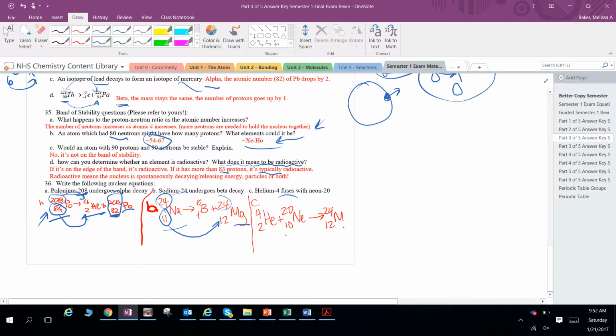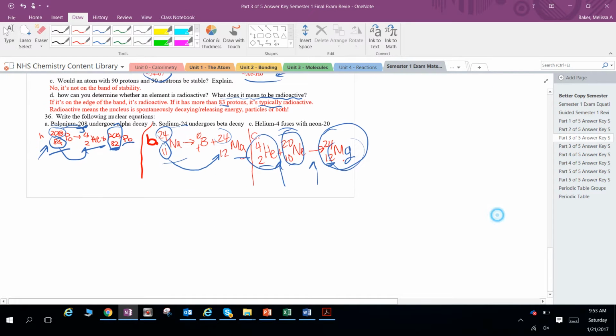Fusion is a really different kind of reaction because the plus is before the arrow, because two small nuclei are adding together to become a big one. This should be Mg. It got cut off there. So 4 plus 20 makes 24. 2 plus 10 makes 12. That's a new element that formed. And that is it for this